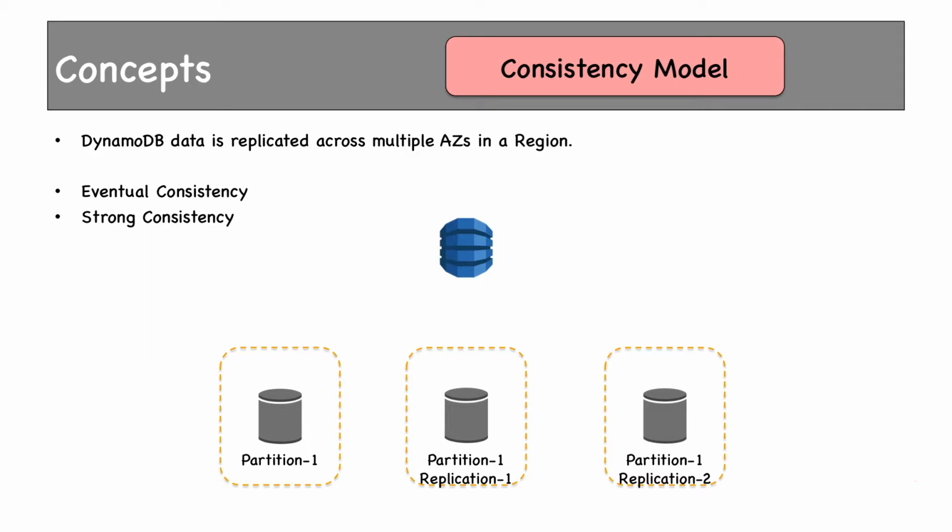In case of strong consistency, if you want to read the same data, then all replication partitions would be tallied and the most updated data would be returned. In this case, the concept of consistency is not exactly similar to that of S3.